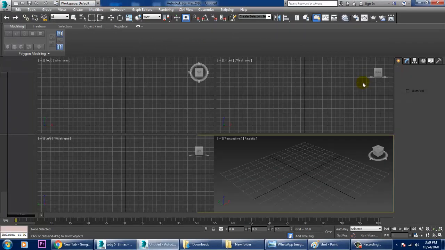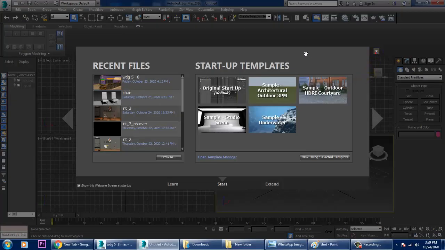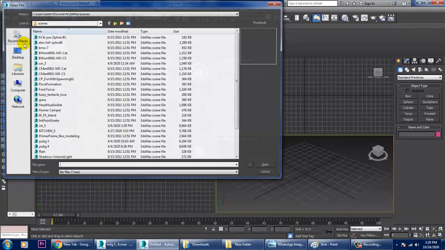I have one more file. I'll open one file and we'll try to merge two files. So let's go into file, open.